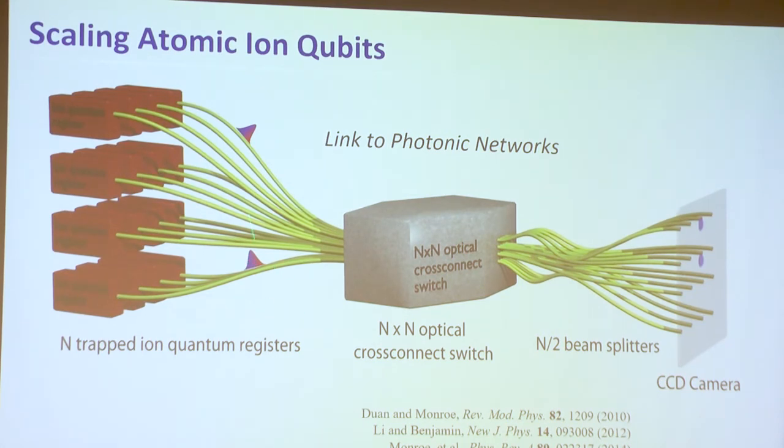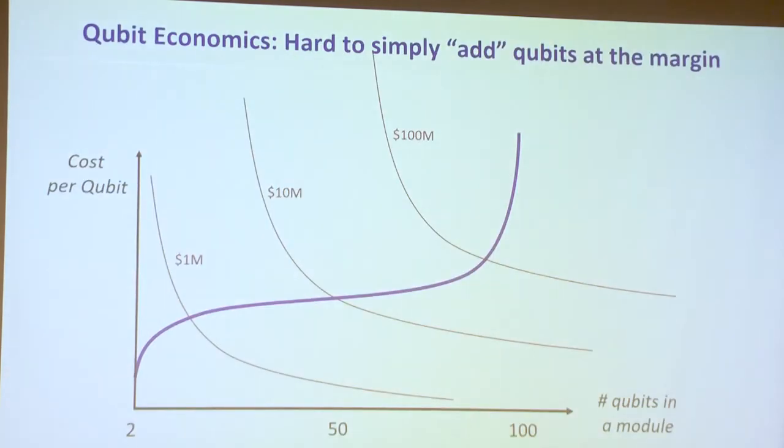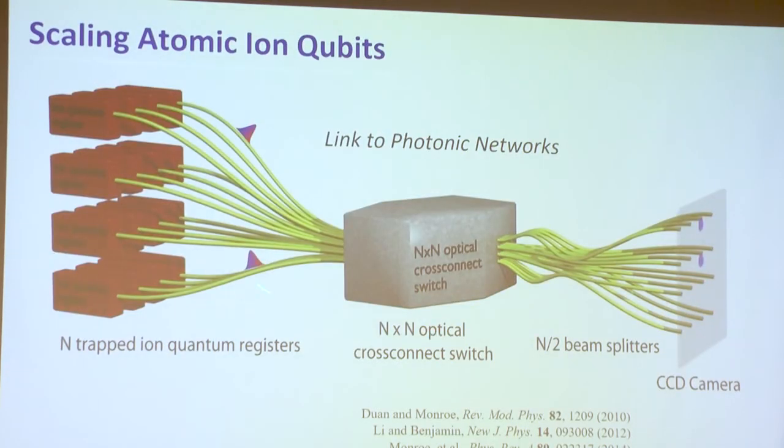What's in here? Everything to the right of here is classical optics. This is sort of like an old telephone operator. It takes any 2 input fibers and maps them onto any 2 output fibers. Here we have fiber beam splitters and then a CCD camera at the end. Let me kind of get in the background of what's behind this. The idea is this is an entangler, and it will sacrifice and detect the photons in order to entangle atoms that are really far apart. It's a different way of entangling.